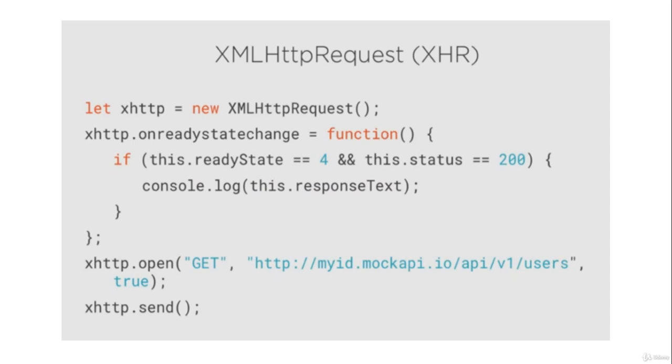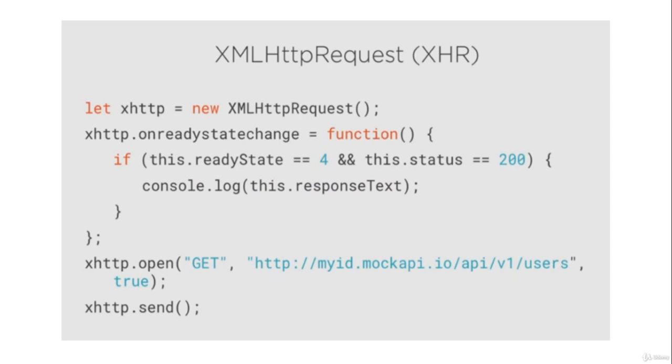But if the ready state is 4 and if the status is 200, that means we got a successful response with data, and we will log out this response text. Now to actually make the call over HTTP, we call xhttp.open. We use the GET method and pass the URL, and you can see here that I am using